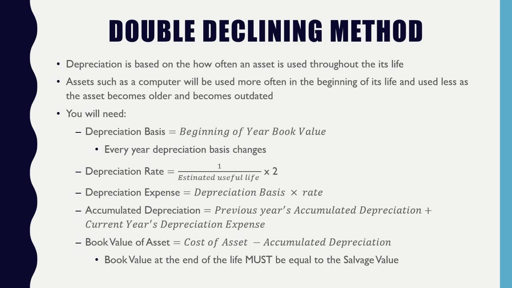Just as it says in its title, double declining essentially means that when we are depreciating an asset, a fixed asset, we are going to depreciate it twice as much. And what do we mean by twice as much? Most commonly, oftentimes,